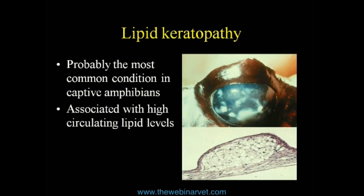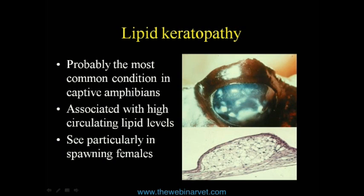And you can see here another frog with the lipid lesions in there, and when we take a histology of that, you can see the significant amount of lipid just under the epithelium in that cornea there, and it's particularly seen in spawning females, and that shows some of the problems of exotics actually are all what do we say, 90% of the problems that we see in exotics are about how they're